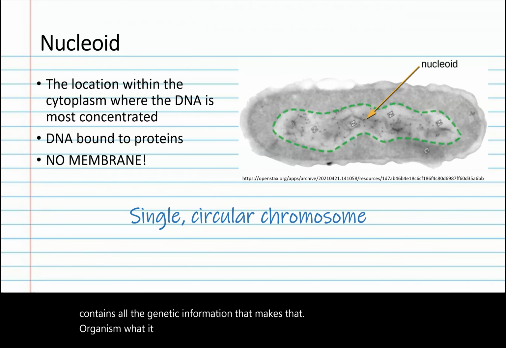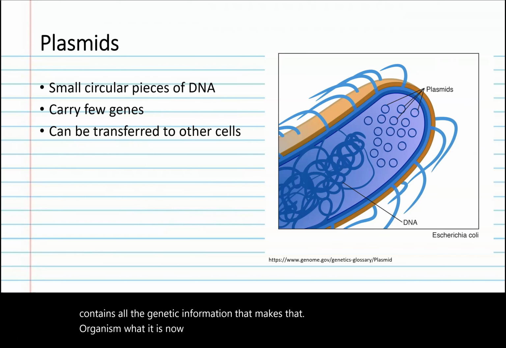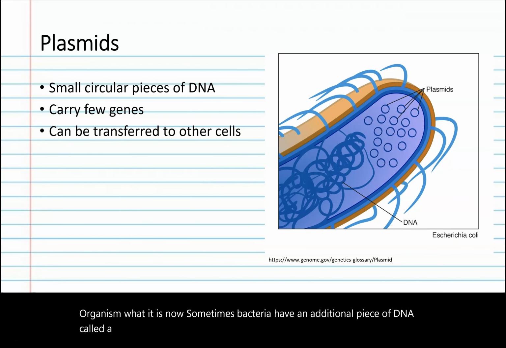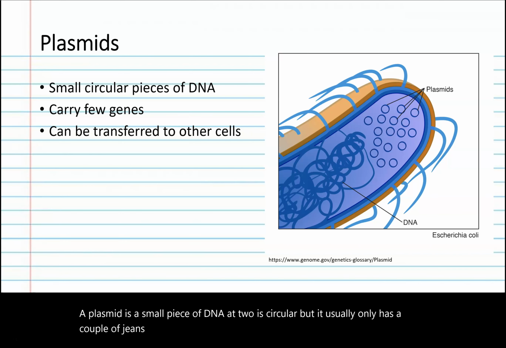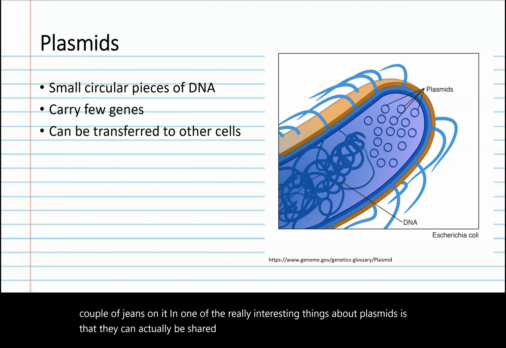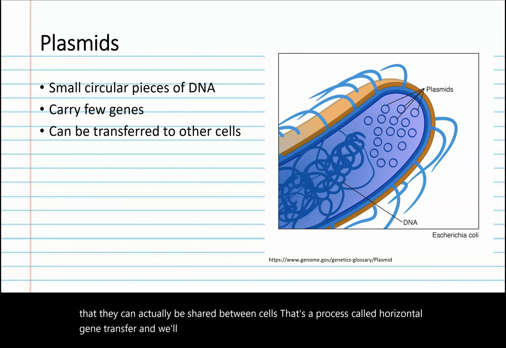Now, sometimes bacteria have an additional piece of DNA called a plasmid. A plasmid is a small piece of DNA. It too is circular, but it usually only has a couple of genes on it. And one of the really interesting things about plasmids is that they can actually be shared between cells. That's a process called horizontal gene transfer, and we'll talk more about that as we get into bacterial genetics later